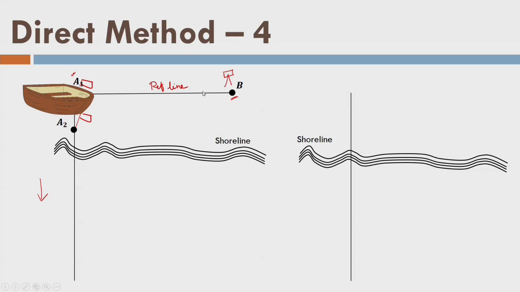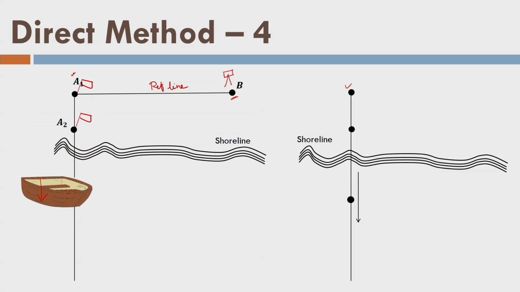So, now we are marking on this side also the same thing here technically. This is my outbound run, and now the boat is moving. That is my first point. We have measured an angle alpha 1 here, and we have also measured the distance from A1 or maybe A2. Now, we are not stretching any float line, remember. What we are doing now is the more interesting part: how to measure the distance along this line. Once we measure distance along this line, we can mark the position of the boat, because we are measuring two quantities, one is angle alpha and one is distance along the A1, A2 line.